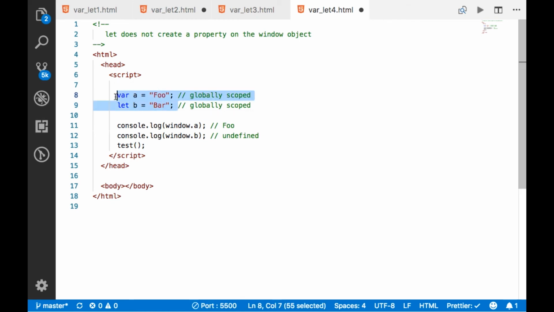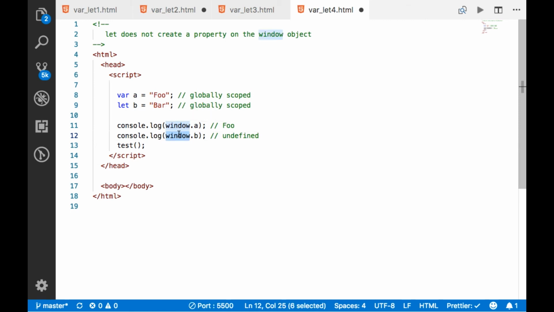Now here I have created a variable, one with var and one with let. If you declare a variable with var, that will be registered as a property in the window object, but if you declare a variable with let, that won't be registered in the